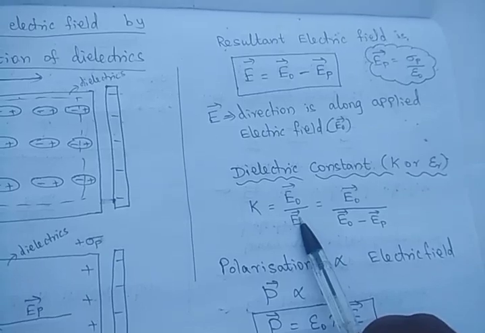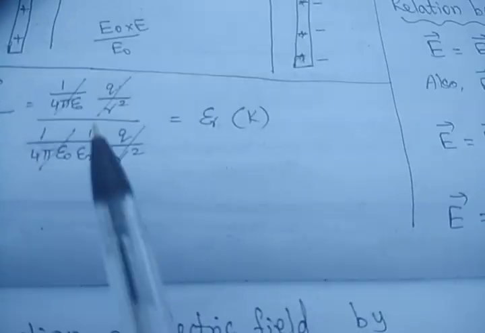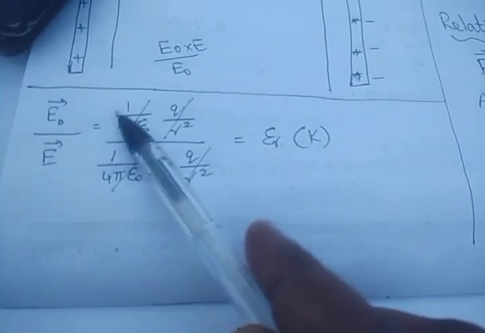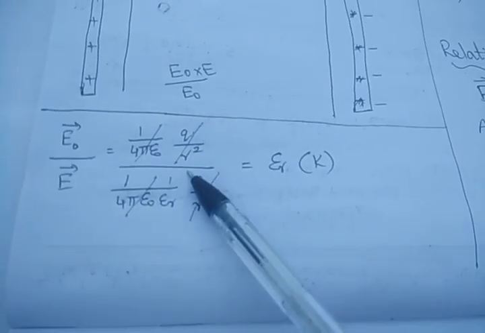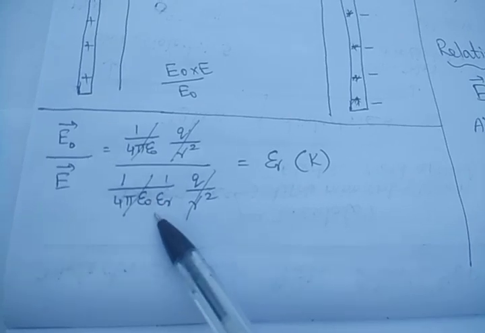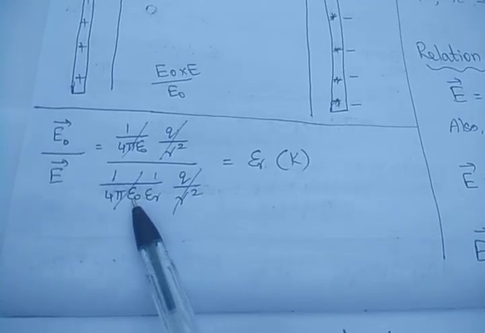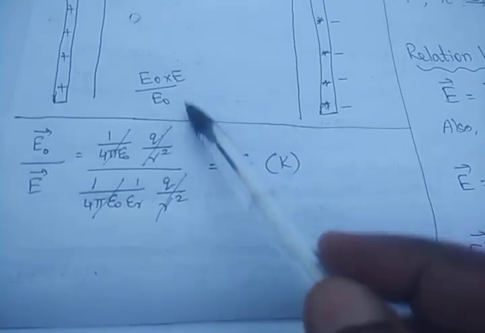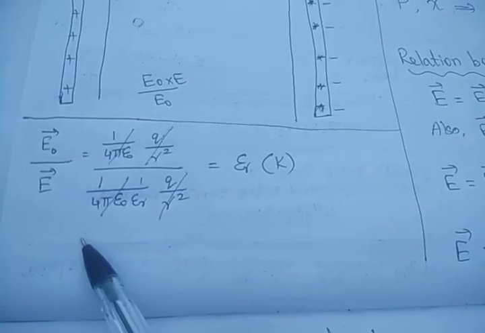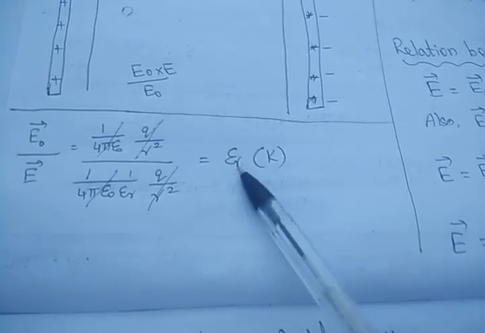So this is a medium electric field, and this is a free space electric field. Just to recall, E naught is the free space electric field and E is the medium electric field. So E naught is 1 by 4 pi epsilon naught times q by r squared, and for the medium, 1 by 4 pi epsilon comes in, that is the medium permittivity, which is equal to epsilon naught into epsilon r. So in q by r square, the 1 by 4 pi epsilon terms get cancelled, and we get only 1 by epsilon r. It comes to this side as epsilon r.